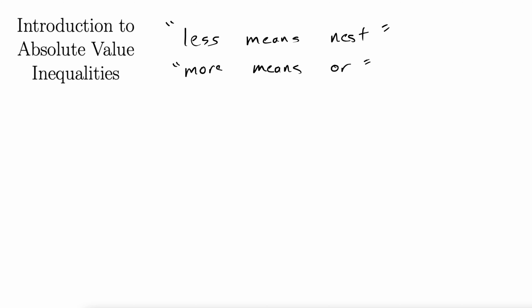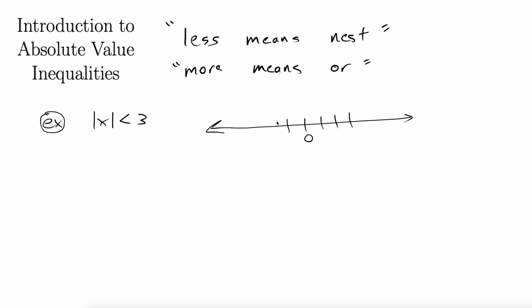So we'll come back to that. I just wanted to give you an idea of where we're headed with these as we dive in here. Let's start with a simple example just to get an idea of how this works. A very simple example, absolute value of x is less than 3. Okay, and we're going to examine this closely